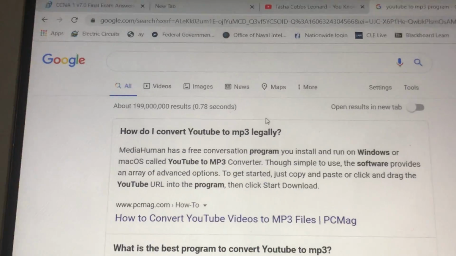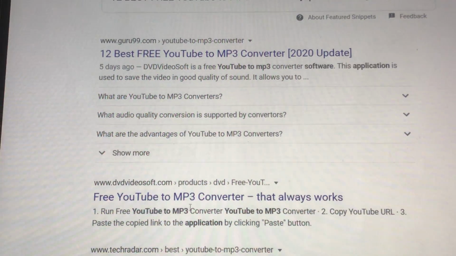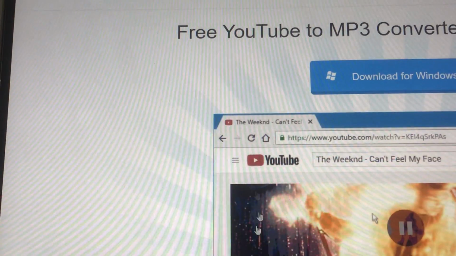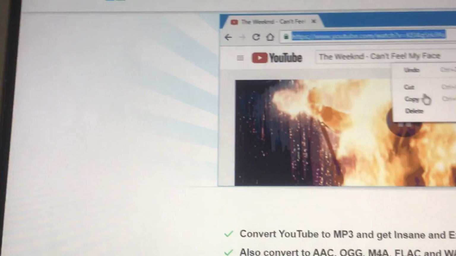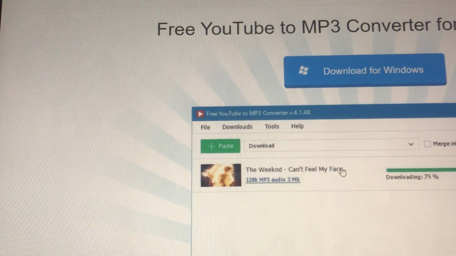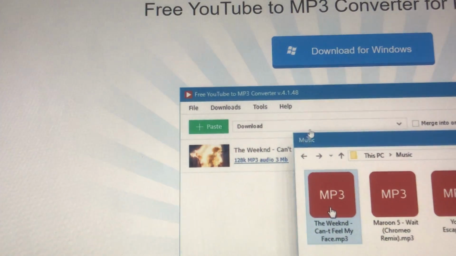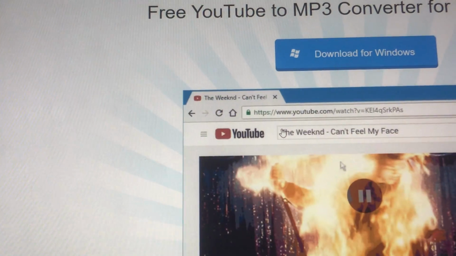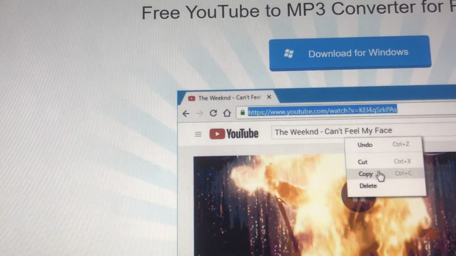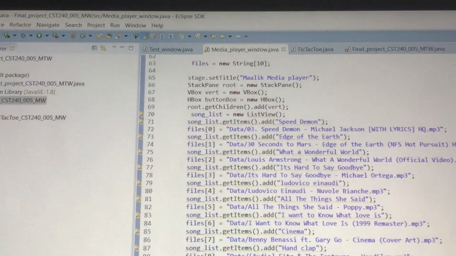So anyway, there's a free YouTube conversion tool that you can use, and this is just one of the things you can use for YouTube conversion. You can download this on your computer, and then you can just copy and paste the YouTube link into the program, and it'll do the rest for you. So after you have downloaded these songs onto your computer,